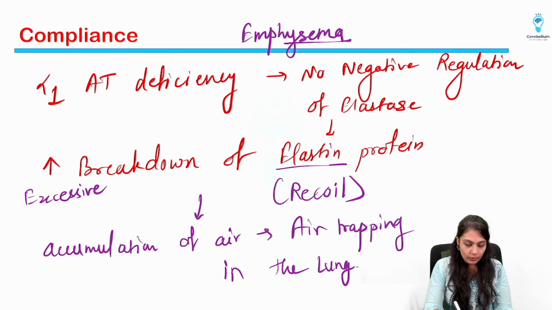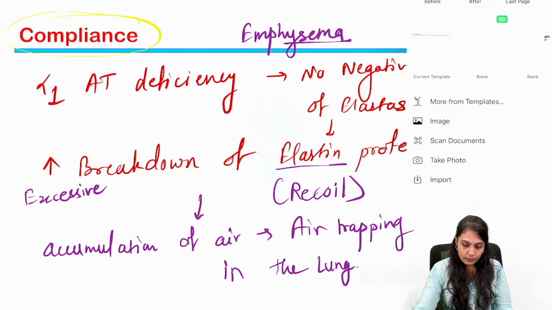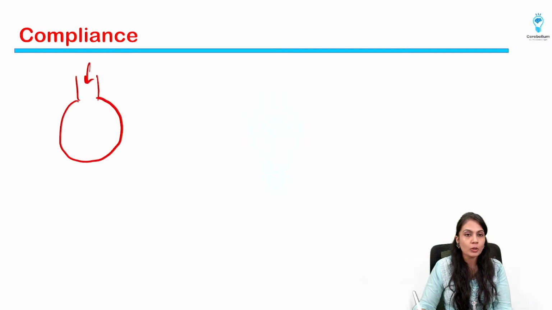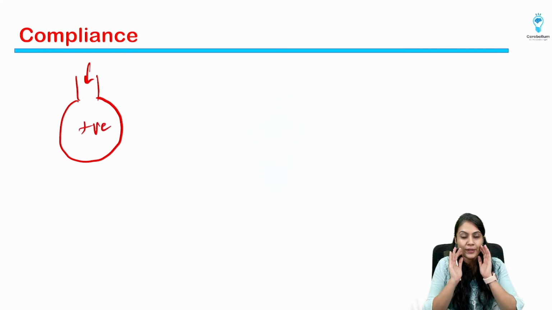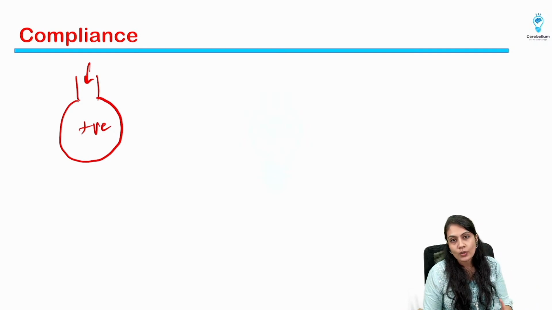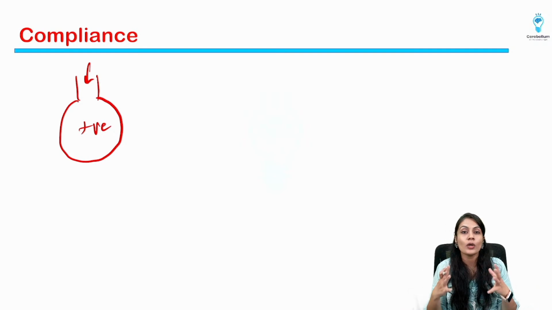Now one more thing about the compliance, how to calculate the compliance. What is the compliance? As I told you, suppose this is a balloon and we are inflating the balloon. If I change the pressure inside the balloon, let's say I put positive pressure inside it. So if I start to inflate the balloon, that means I am putting positive pressure, right? Or there is a negative pressure because of which the air is going to move towards it. Now what is going to happen is that it will be distended to a new volume, right? So how much volume change occurred in the balloon per unit change in the pressure,